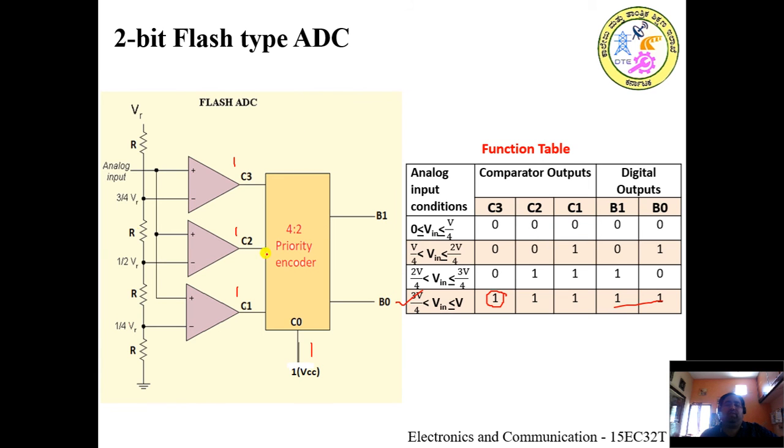Here, not only these components are enough for the flash type of ADC operation, as the analog input is a continuously varying signal. To have the proper conversion, we have to sample the analog input voltage and it should be held. The samples should be held until the conversion is finished. For that reason, along with these components, one more circuit is necessary, which is nothing but a sample and hold circuit. So this is how a 2-bit flash type of ADC works.